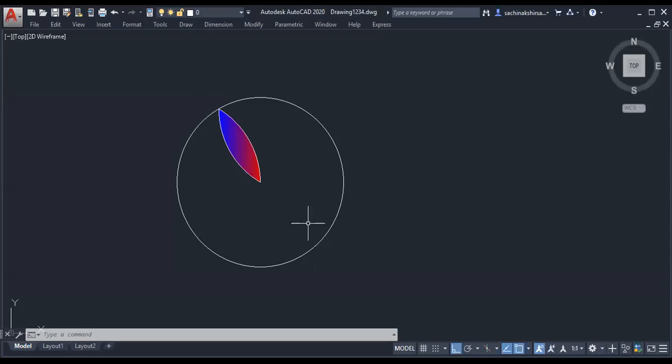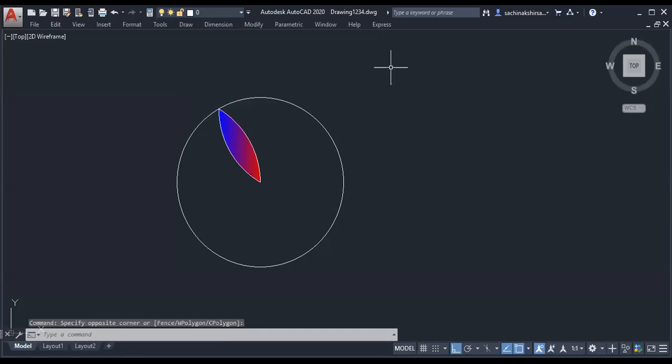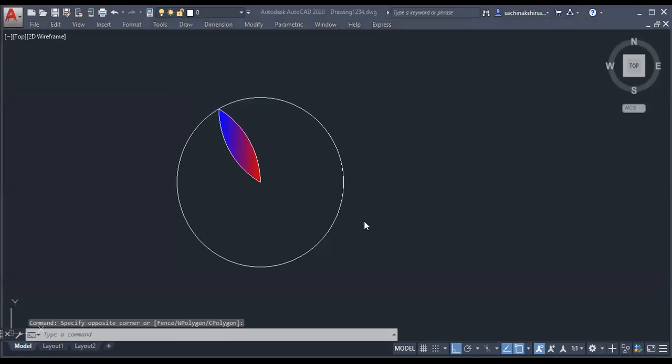So again, now something like this I have used the trim. So I want to make it multiple times along the periphery of the circle. Which command should I use? This particular highlighted part I want to make along the periphery of the circle. Which command should I use? One object multiple times.